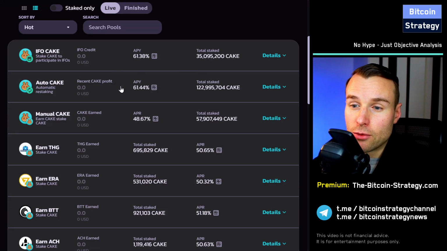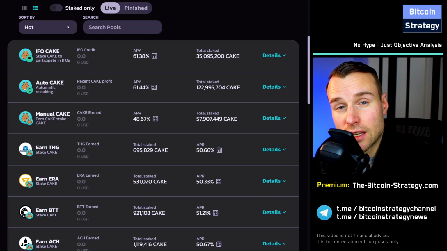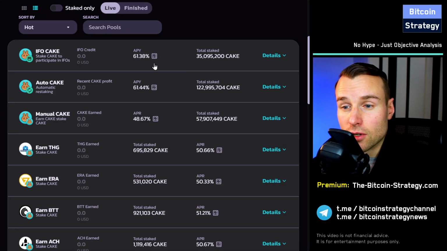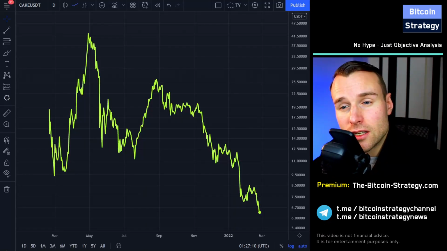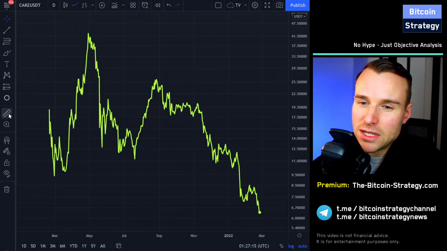These APYs are relatively high, right? 61% per annum. So when you put your Cake into this vault, you will get more Cake over time back. But very often the inflation outpaces that APY, which makes this very often not worthwhile. This here is the US dollar chart of Cake, and betting on falling prices over here might be somewhat scary